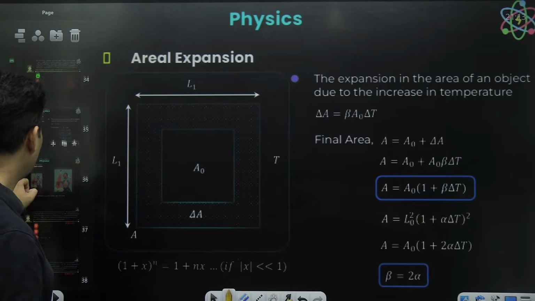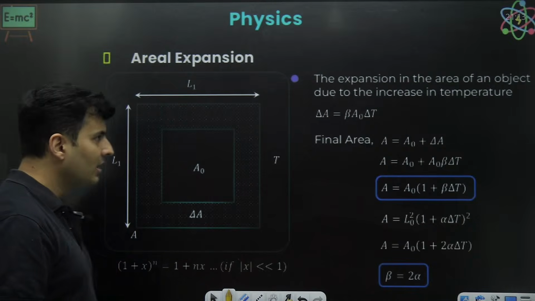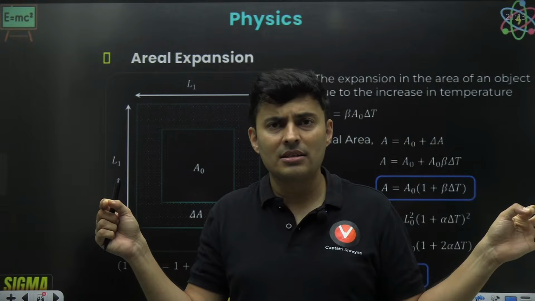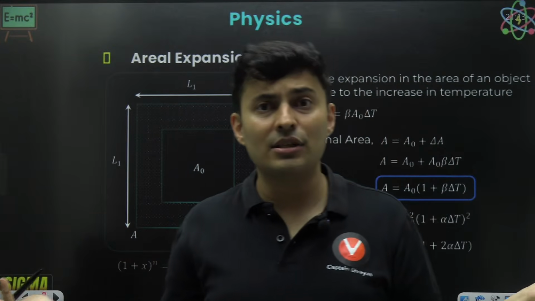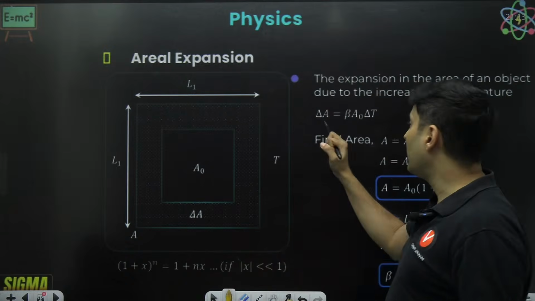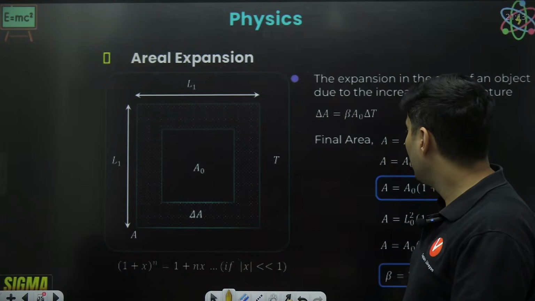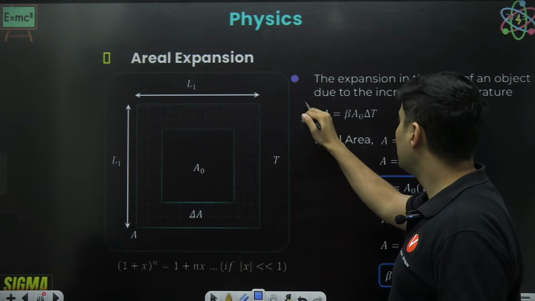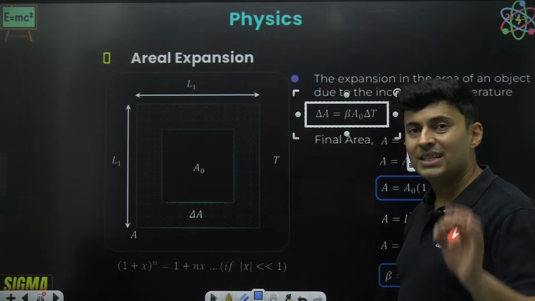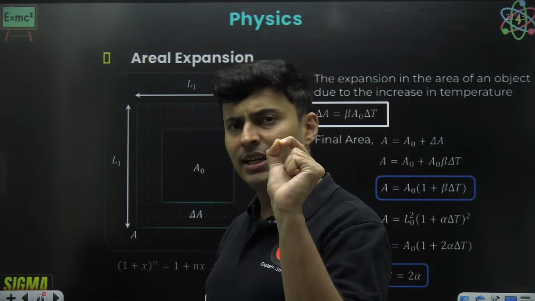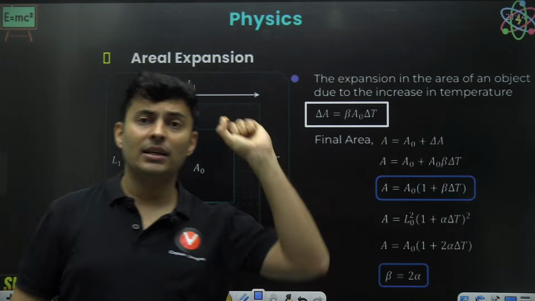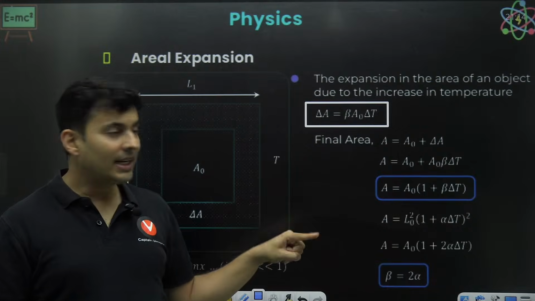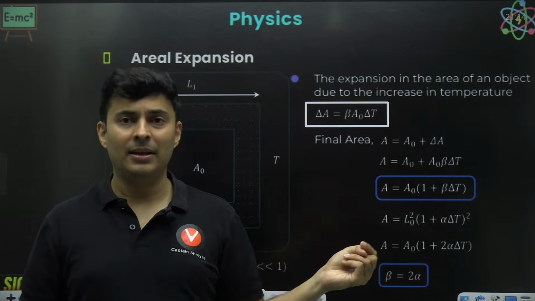Awesomeness. Now let's go to the concept of areal expansion, guys. Ready for it? Areal expansion. Just like when you heat something like a rod, the length changes. If you take a plate, its area will change. How much will that area change? Delta A. That change in area depends on what was my original area, which is A naught. How much was my change in the temperature, and that constant of proportionality is no longer alpha, rather it is beta. That is called coefficient of areal